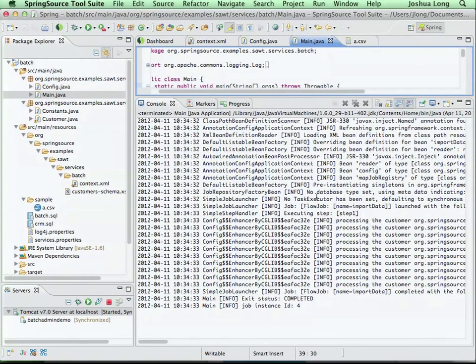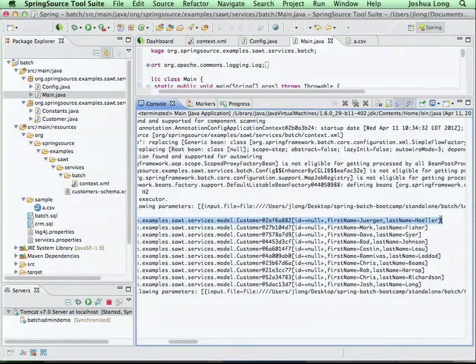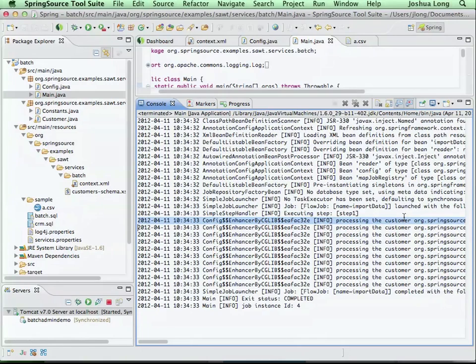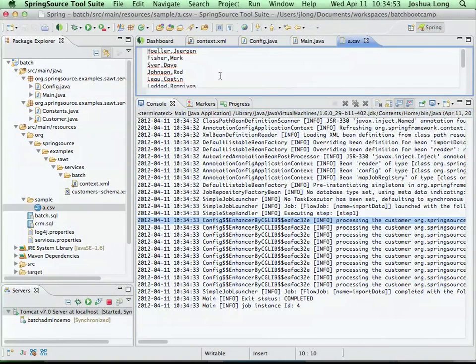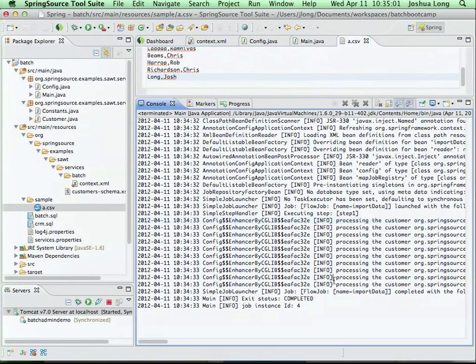You can see it did everything it's going to do. It started up the actual job, and you can see the printout. This is the processor I showed you guys, where I'm converting each record, going through this data, the CSV file. I've got name, value, I've got key, last name and first names. I just want to read it in. It's nonsensically simple, just 10 or 12 rows, whatever. And I want to read each one into a custom object and then persist it to the database.